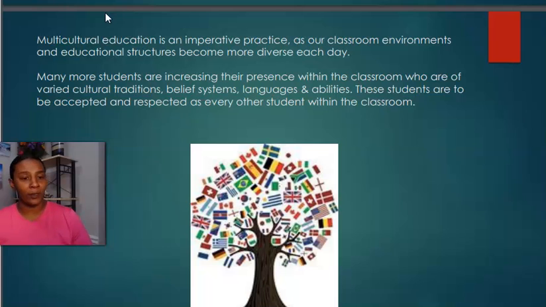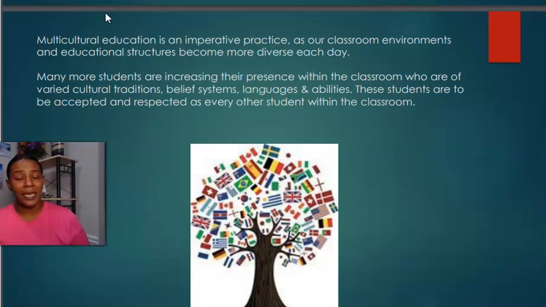It is important for our students to understand how similar we all are based off of the diverse components of our families and our personal upbringings. There are so many similarities that we could call differences, and there are so many differences that we can call similarities. Many more students are increasing their presence within the classroom who are of very different cultural traditions, belief systems, languages,